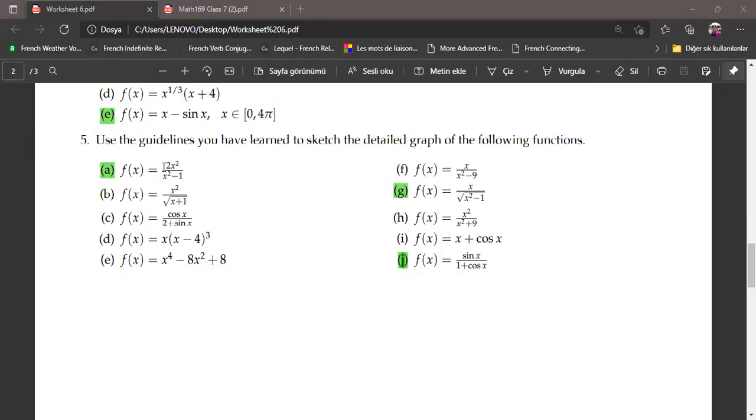Right, hi guys, I will solve the rest of the questions of today. So you see, we solved in the class this part A. I will solve now G and J on the whiteboard. Right, so G, the function is given